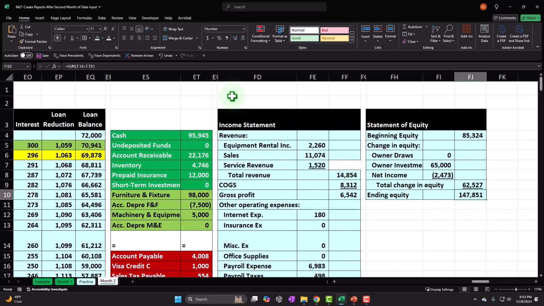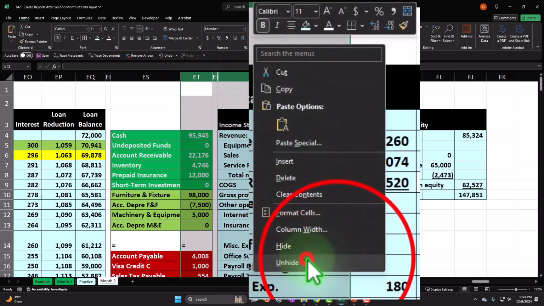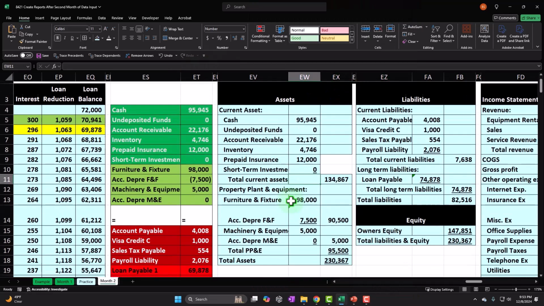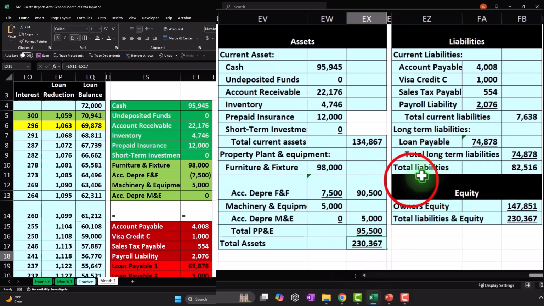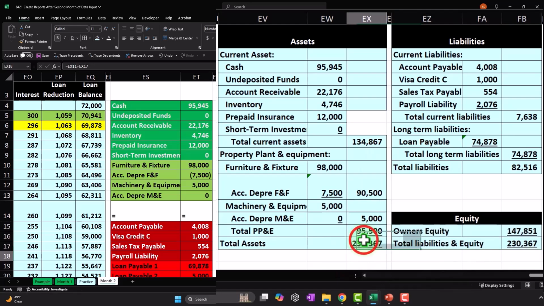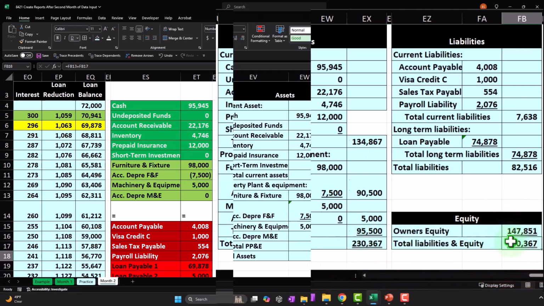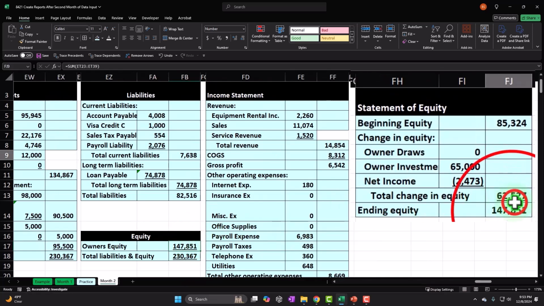So now we're at the 147,851. Let's unhide the balance sheet now, right click and unhide. So now we can check our numbers to some degree. We've got total assets, and maybe I'll pull this down a bit so it's lined up. So total assets equal total liabilities and equity. And then this equity ties out to the ending balance of the statement of equity, the report you often don't